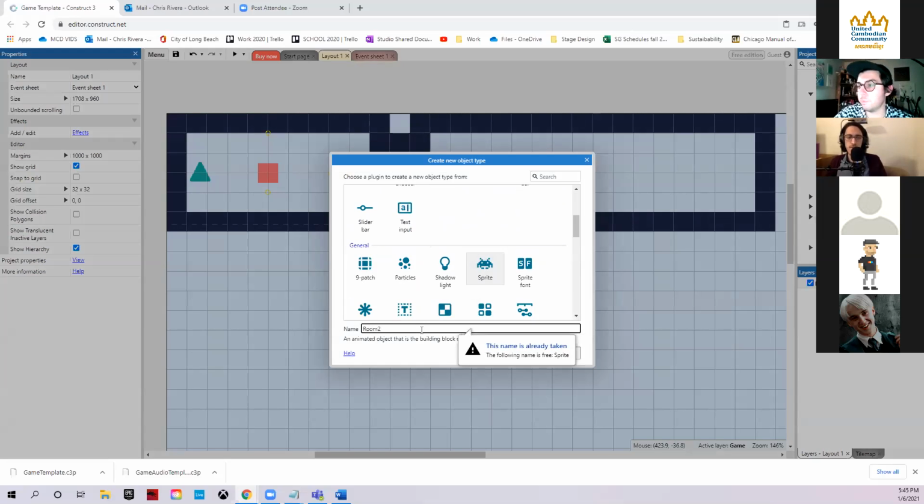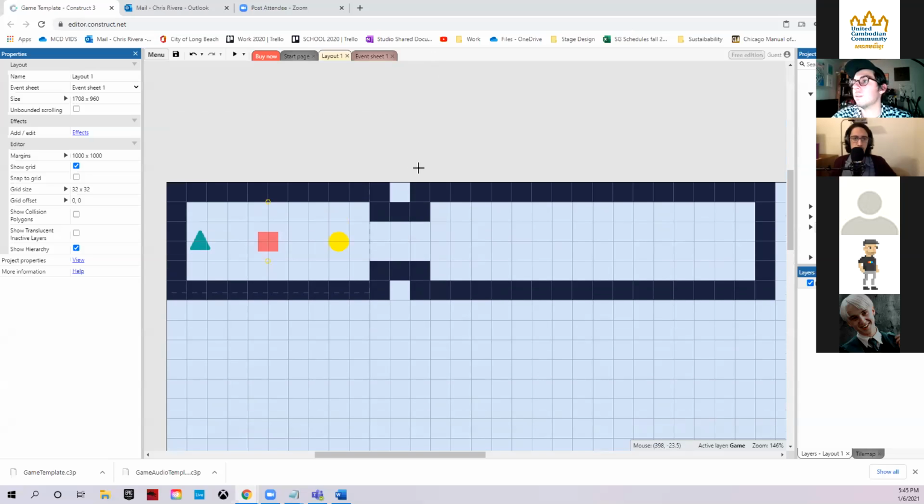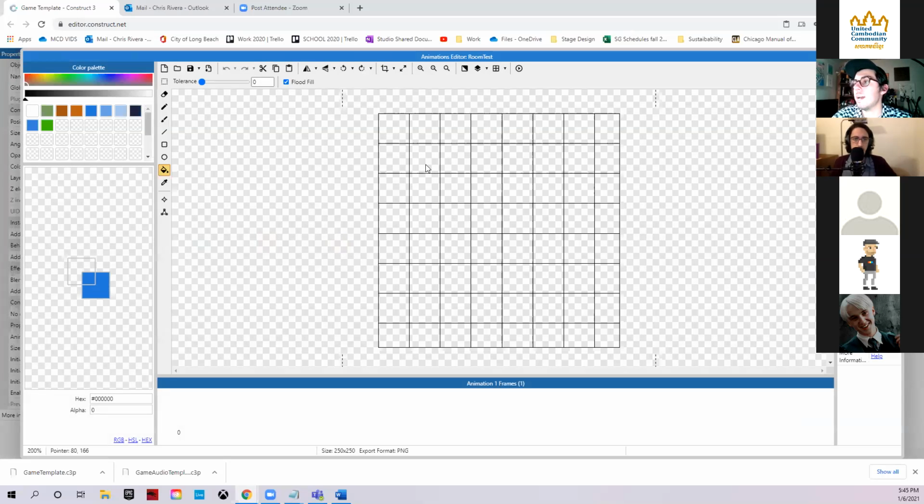Oh, room 2. I already have that made. Okay. I'll just call it room test. And then I could just click, and I'm gonna leave my sprite invisible.